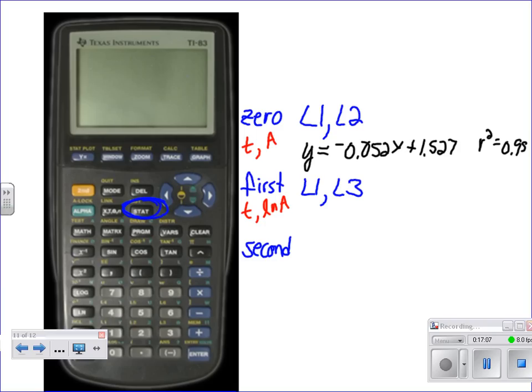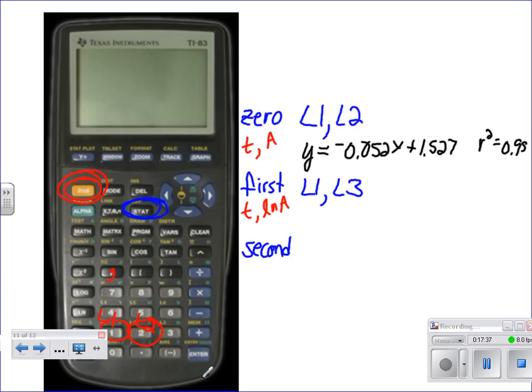Just hit it that one time and nothing's going to pop up. At that point, you tell it what to do: second L1, comma, second, and then